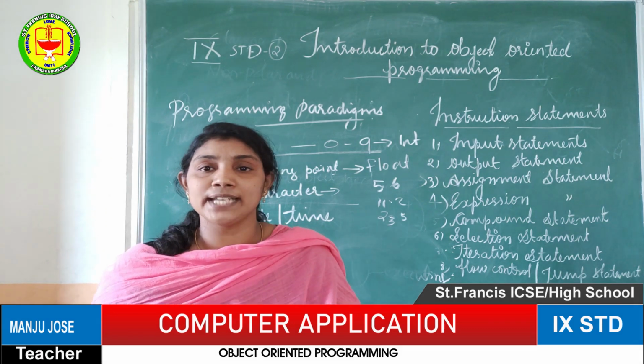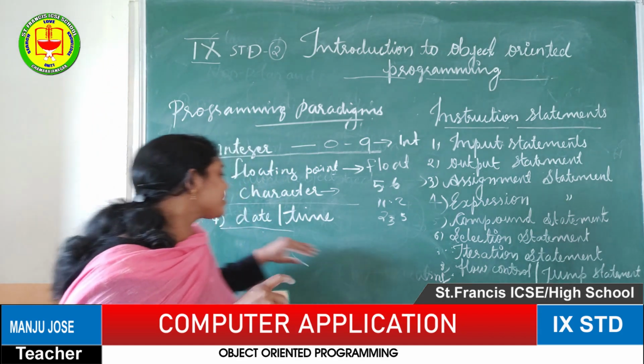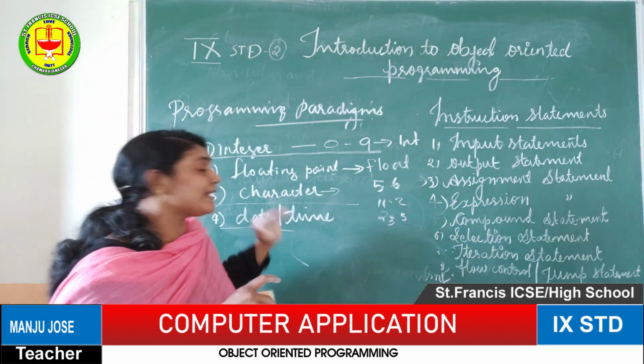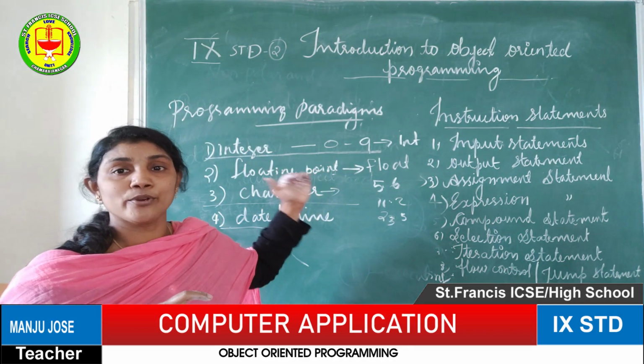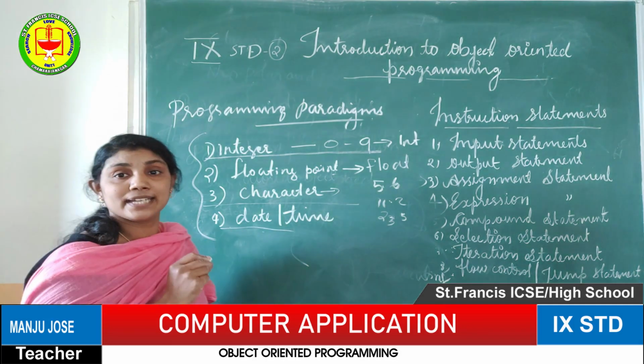So when we enter the data, at what time, that is all we need to store. By the time we are using the date and time concept, it is optional only. Whenever we need it we can use it, but the data types will be available in the system programming group. So these three are called data types, isn't it?